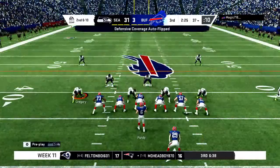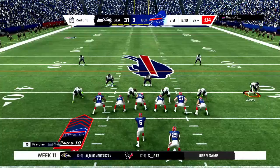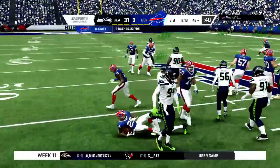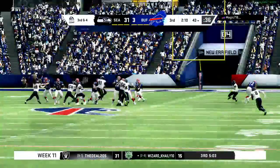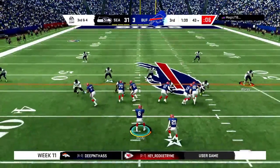He continues to struggle to find a crease to break off a big one and might need to just put that aside and just try and ram his way forward and get what he can. On second down, Swift. And a 6-yard gain gets him right around the 43. Frustrating for a defense, energizing for an offense. Finding a way to create that type of yardage in your running game, that'll make the guys carrying the ball